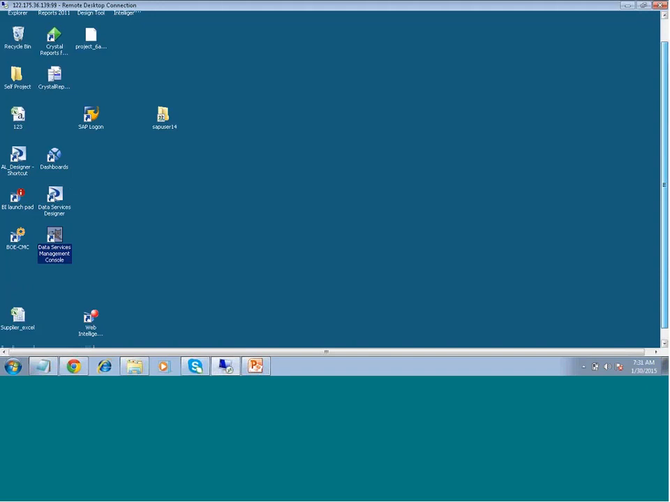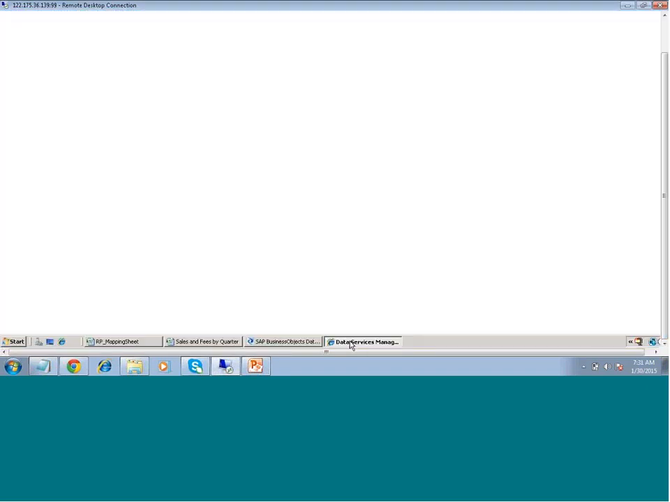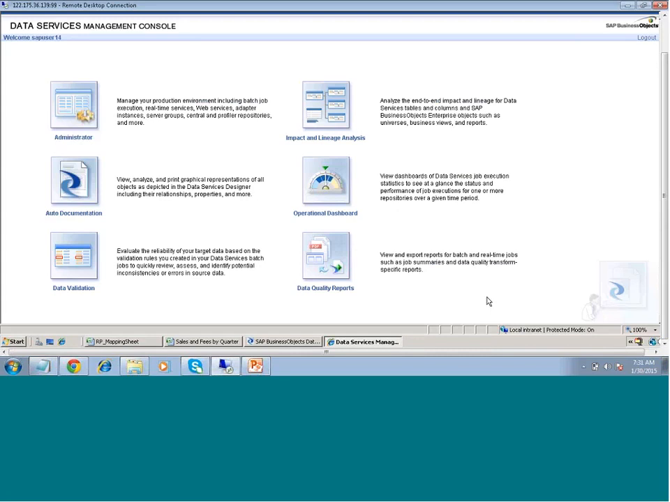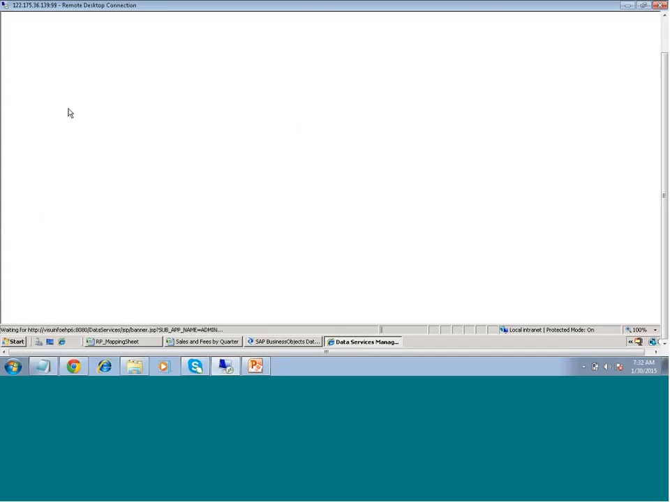Right. So these are the 6 different tabs we have. Most of our time, we will be working on the administration tab. We have something called an operational dashboard, which we will also work with most of the time, and we have an auto documentation. These two are not that effectively used, but yes, we will be using them. So when I click on the administrator tab,